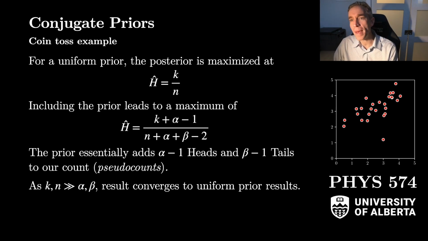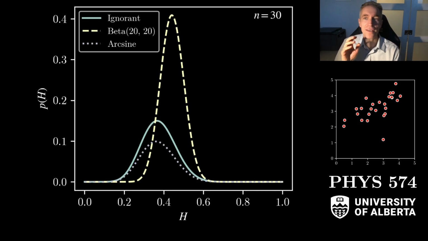So bringing back the illustration of the role of the prior that I showed in the first lecture, we had this biased coin, and we put down three different priors. There was the ignorant prior, which is uniform on 0 to 1. Then I had this beta prior of 20/20 there, and then the arcsine prior. But now